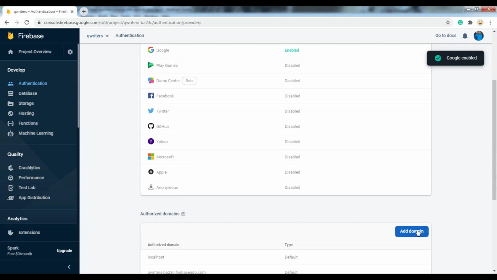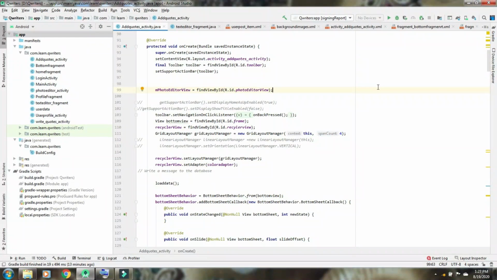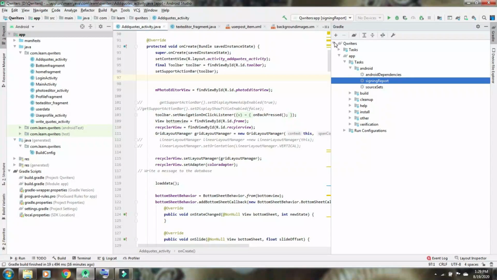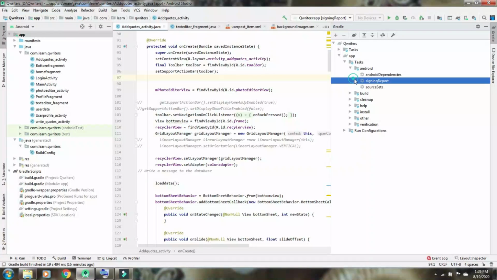So Google authentication has been enabled, and next for Google sign in to work, you must connect your project SHA1 key to the Firebase console. So how to get a project SHA1 key? So now this option you can see Gradle at the corner, just click that option, and here you will find like this. Open this, go to app and task and Android, and you will find sign in report, this option.